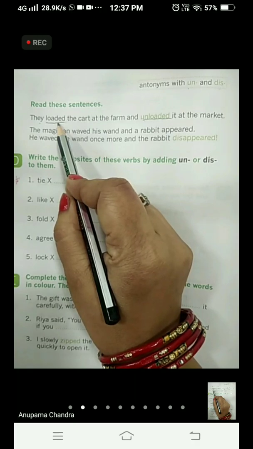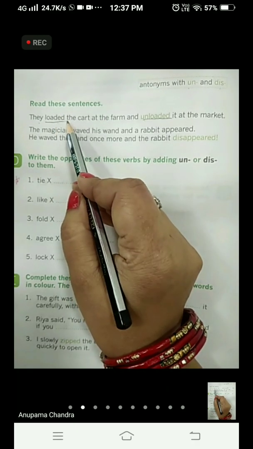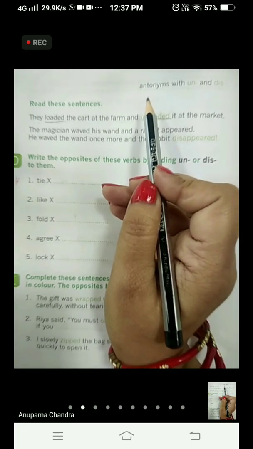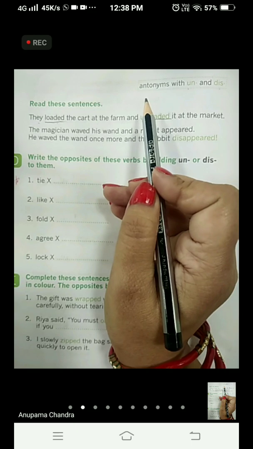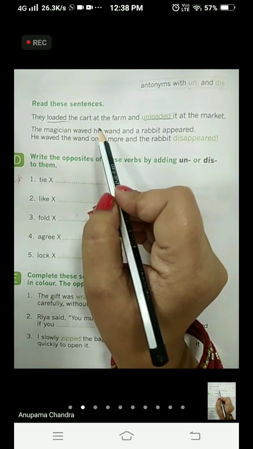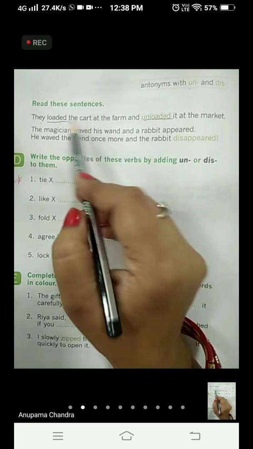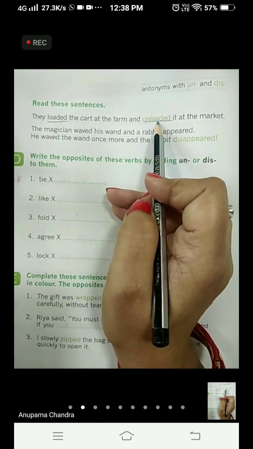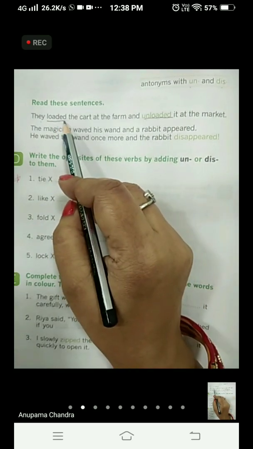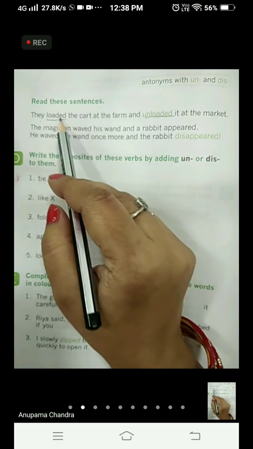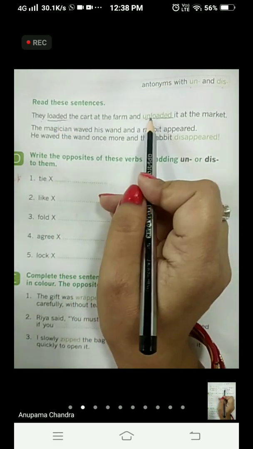That is, the meaning of this word is completely different, the reverse. So first they loaded the cart and later on they unloaded the cart. So these become antonyms of each other.